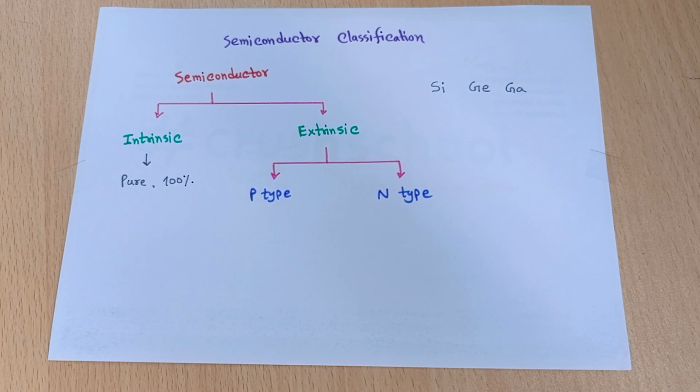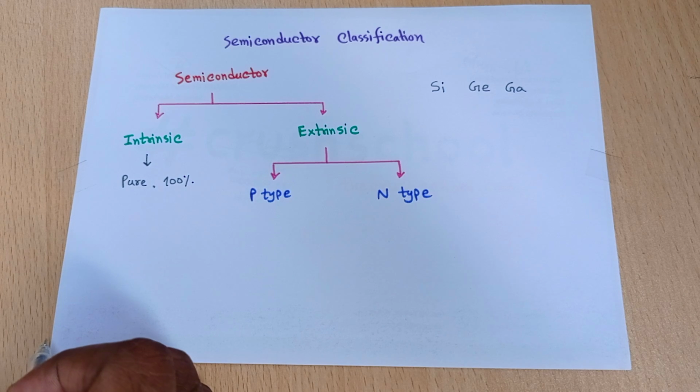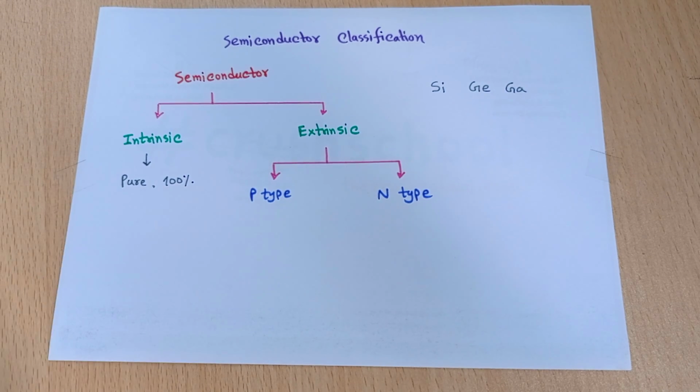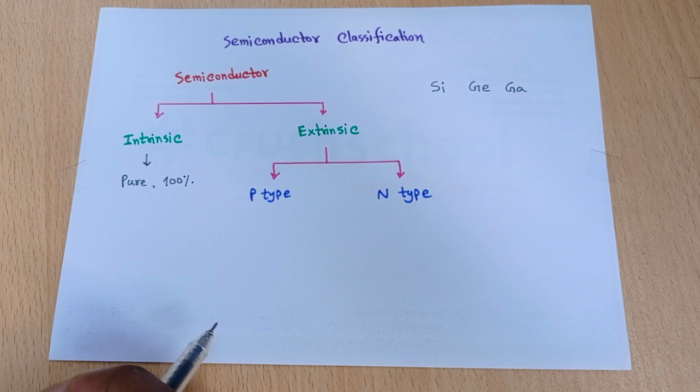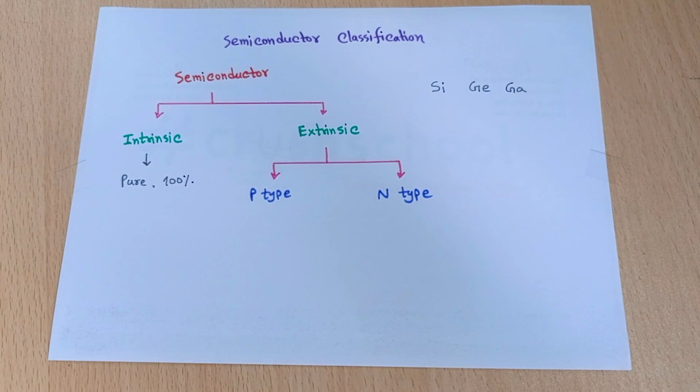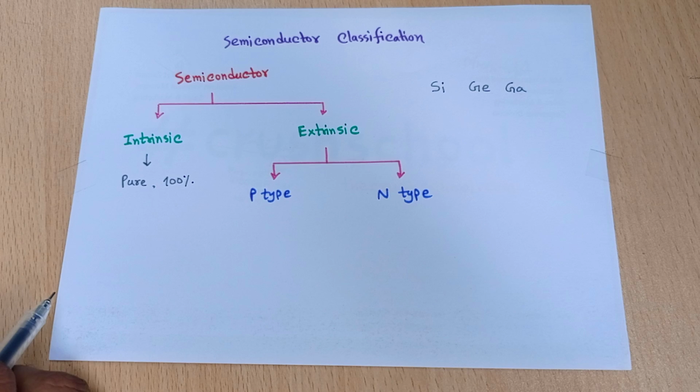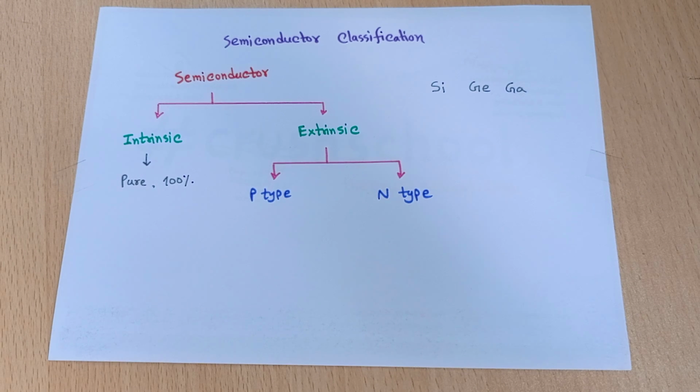So why are we using the impure material, and why do we attach this impure material to the semiconductor? This is a very important question. Nowadays when we make electronics devices, we have to maintain very good quality. But when you use 100% pure semiconductor for manufacturing an electronics device, there is no chance to get good quality. When you use some impurity materials like trivalent or pentavalent atoms, then